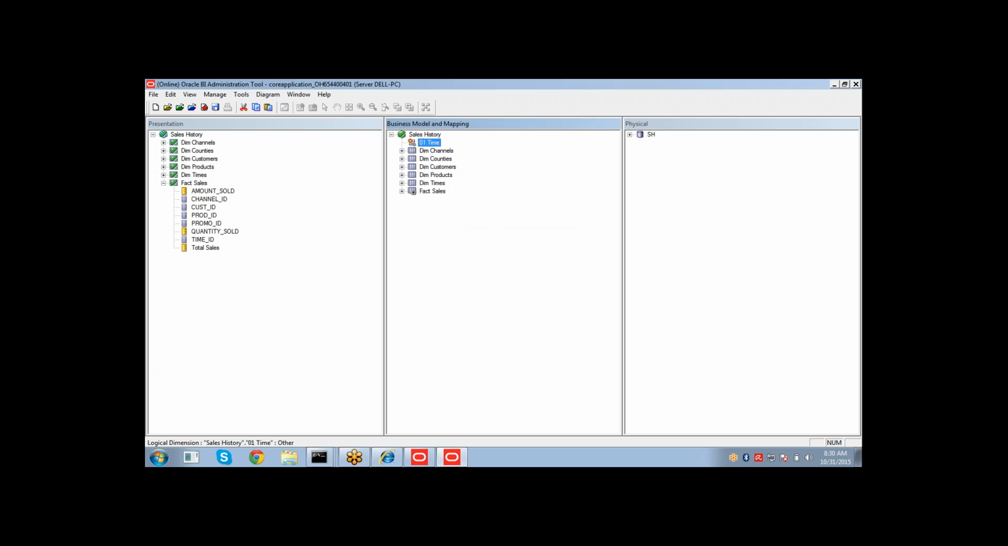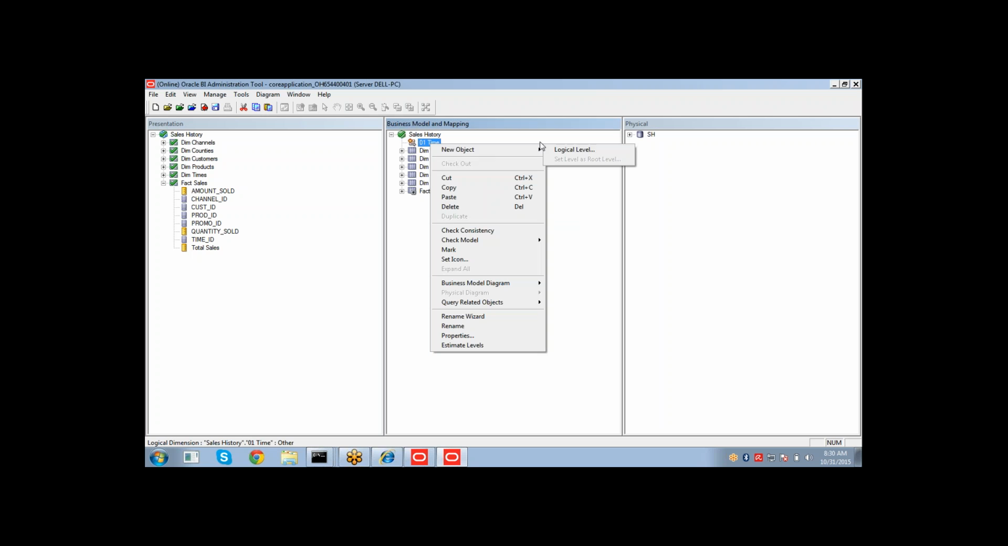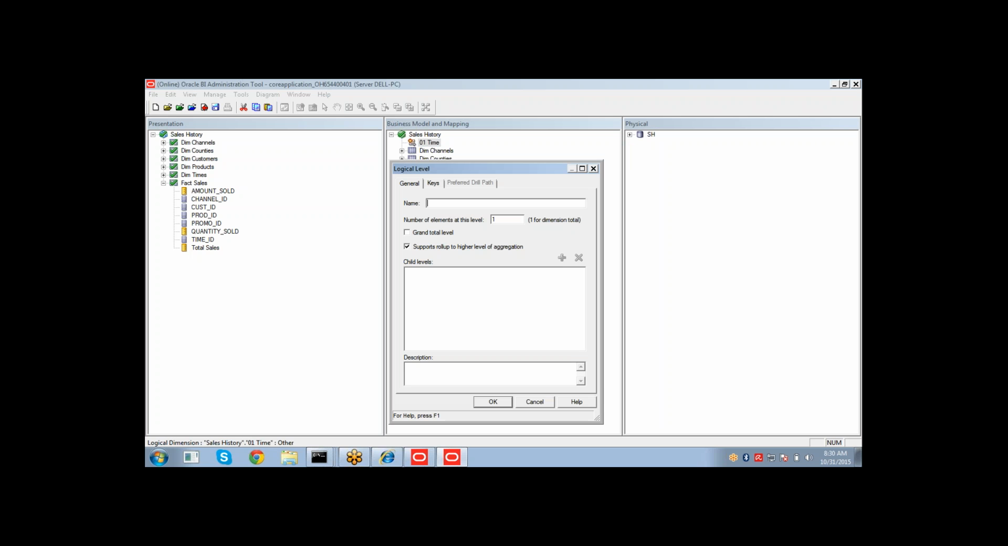Click OK. That's it. This is normal level-based hierarchy. Right click on that, new object, logical level. Level as grand total is the default level. This is optional. If you want to create it, you can create it. Grand total level, and define the checkbox. Check this checkbox. This is a grand total level,